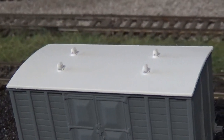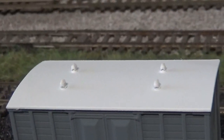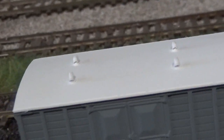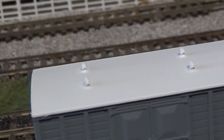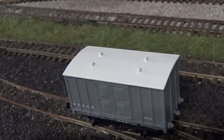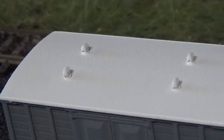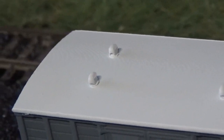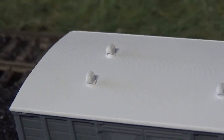The roof is nothing to shout about. It is rather plain to look at, but then that is per the prototype. But you do have some vents on the roof, which do look quite nice. One thing that I have noticed is that if you get up closely onto the roof, you can see that pattern there. Now that is because this model is actually 3D printed, and that is due to the material